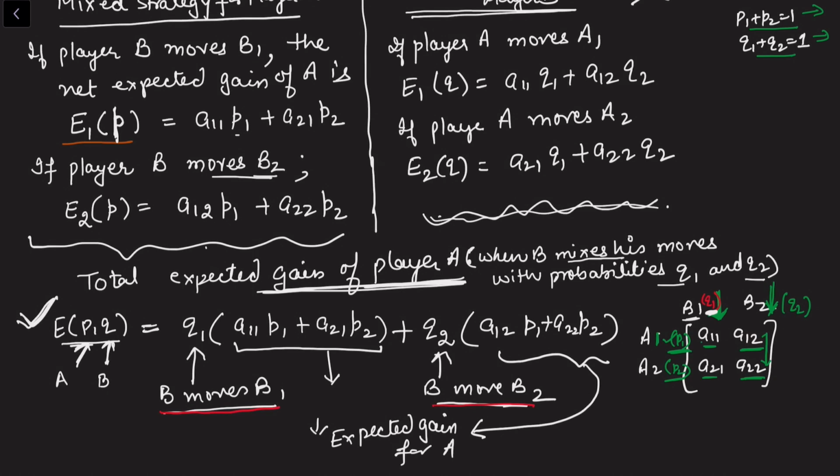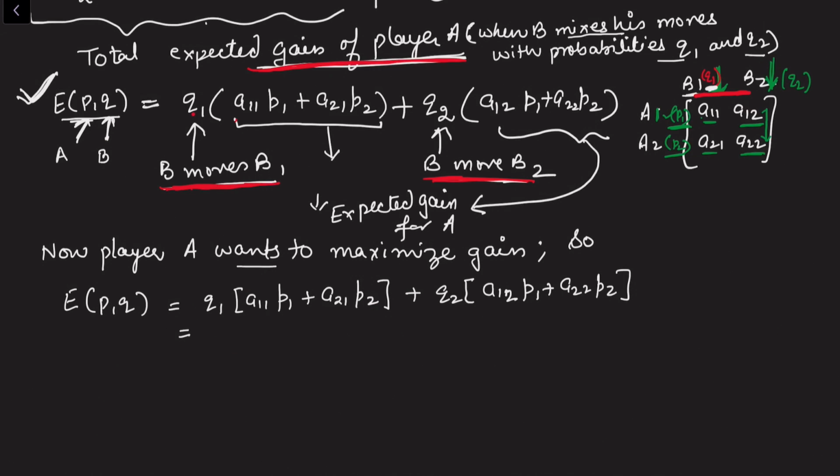Similarly, if I want to write now the expected gain for player B, first I am going to put here the probability for the first strategy, that is P1, and on this position I am going to write the P2, and hence inside I am going to write the expected gains for this one. So similarly you can construct an expected gain or the loss for player B depending upon whether B is on the left hand side or on the top. In this question, because B is on the top, we may write expected loss of player B.